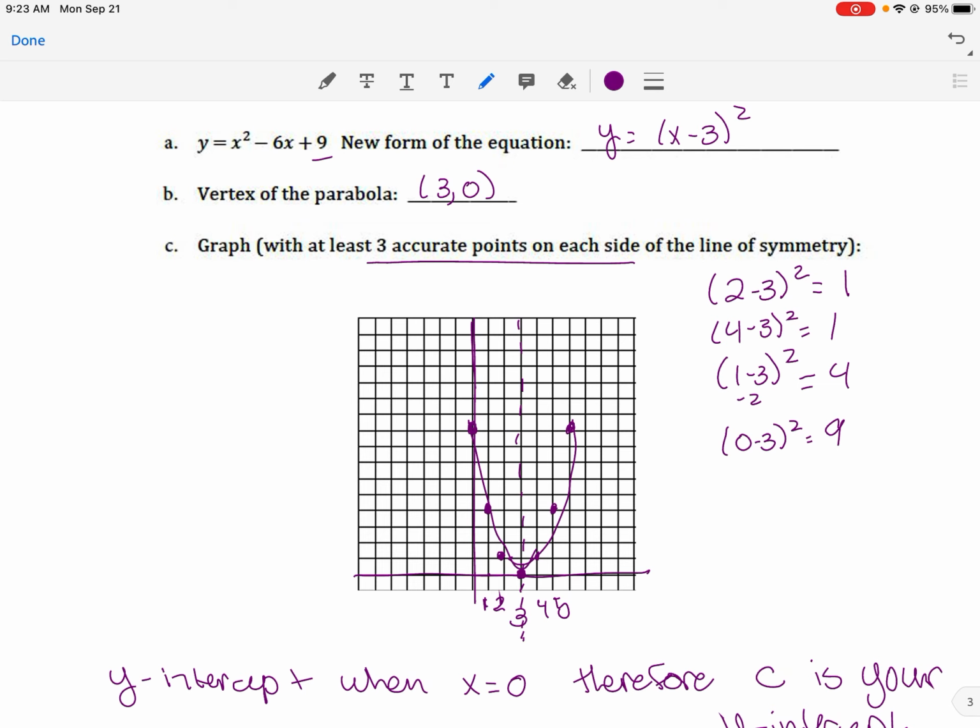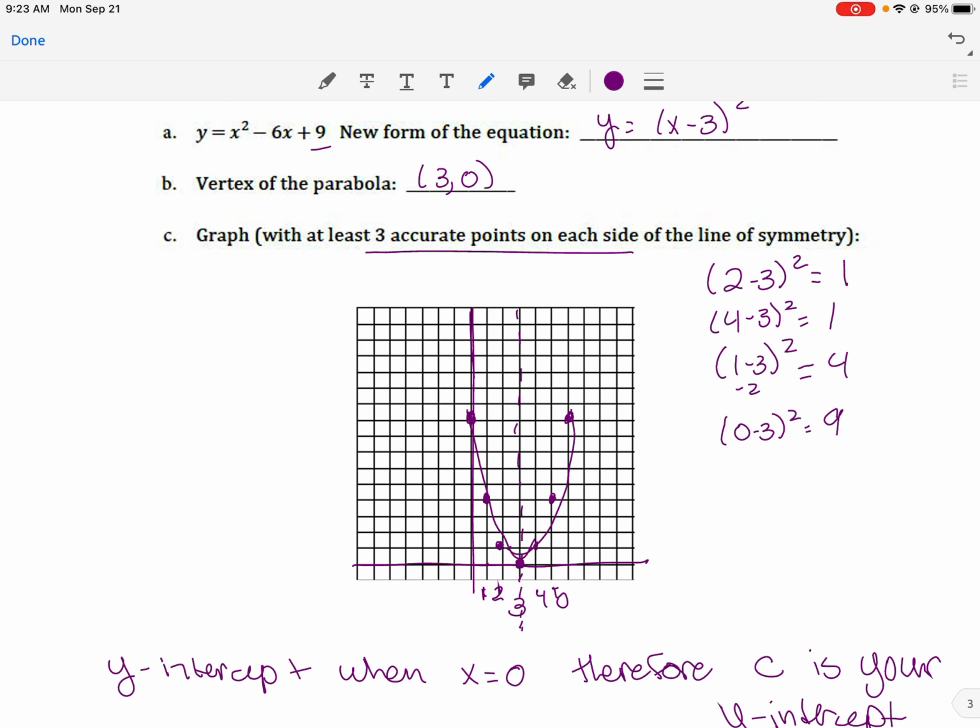So I've already graphed it here. Our vertex is at 3, 0. Then I just start putting in numbers. I choose on either side, right? We need 3 on either side. So since we're starting at 3, that means I need 0, 1, 2, 4, 5, and 6 to graph. And then I just put it in to get my terms. That's basically the same as making a table, right? So you're just making your table of, hey, when I put in